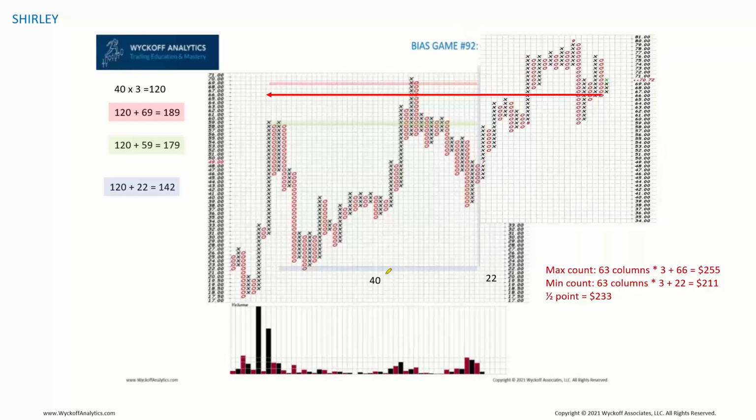So what do we see here? So 40 columns, and this was 23 columns. I'm counting this column as well. So 63 columns. The maximum count is going to be taken from this line right here. For those of you who don't know anything about the horizontal count